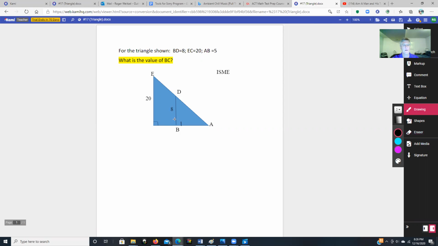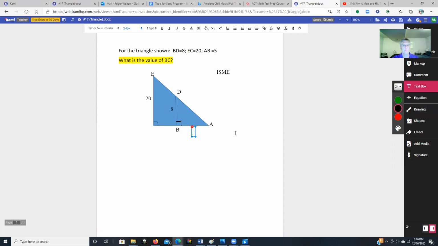Well, it looks like I lost some information here in my demonstration. So let's label this again. So I had BD is 8, EC is 20, AB I said was 5. We established that they're similar triangles because all of their angles are the same. So this big triangle is similar to this little triangle. And I wanted to just put in here, we're looking for